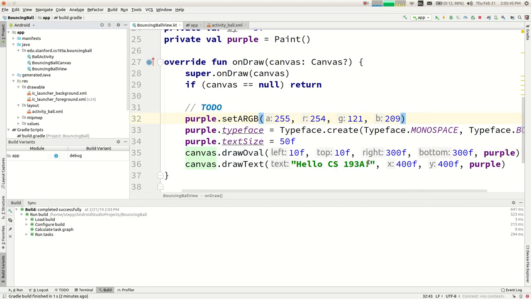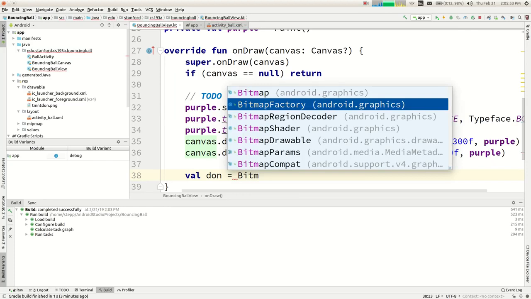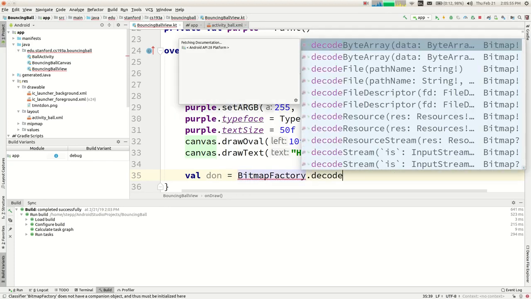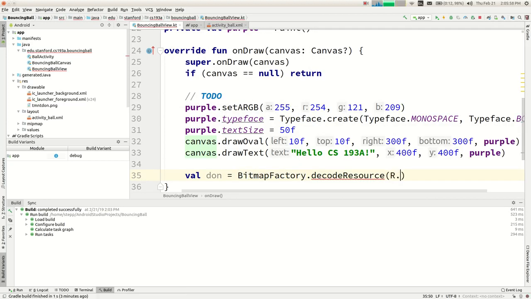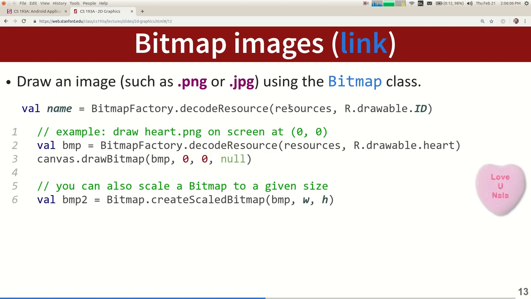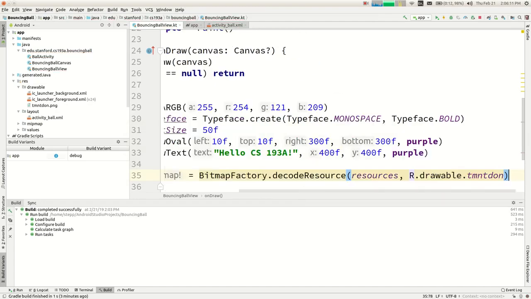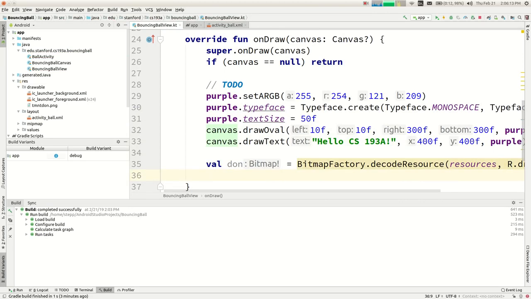If I want to draw Donatello on the screen, I would say something like val don equals BitmapFactory.decodeResource(R.drawable.tmnt). Don't I have to pass something else? I have to pass resources, which is the activity's resources object. So I load this bitmap, and then I can say canvas.drawBitmap, and I pass the